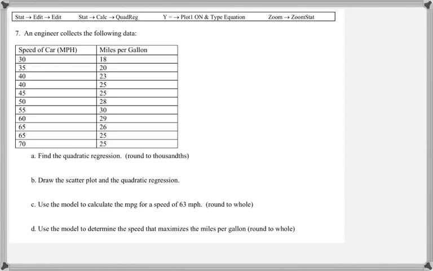So quadratic functions, we can use regression on them as well. And it's basically the same steps that we did for linear regression, except for when we do the calculation, we want to do quadreg instead of the linreg. So after you enter in the data and then calculate it, let's see, I got